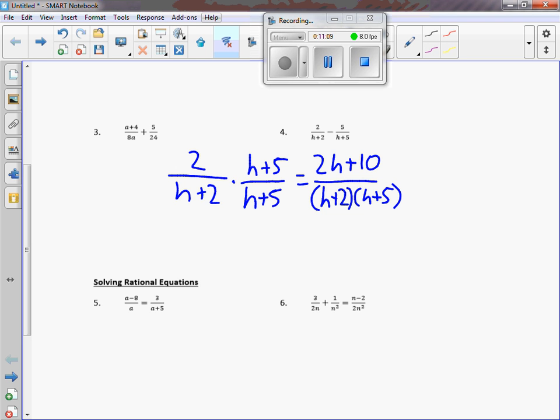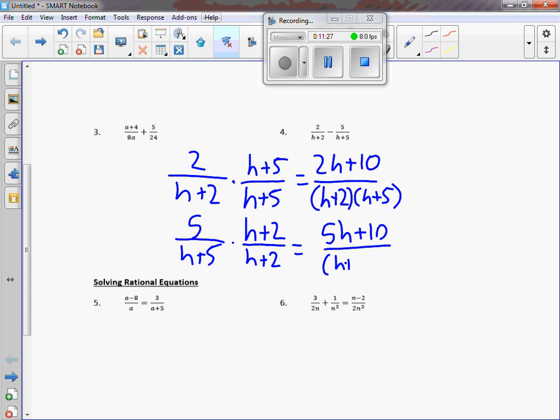The second one we have, multiply by h plus 2 on top and bottom. So now we can rewrite it as